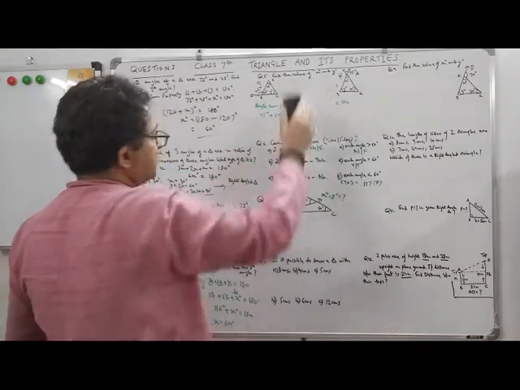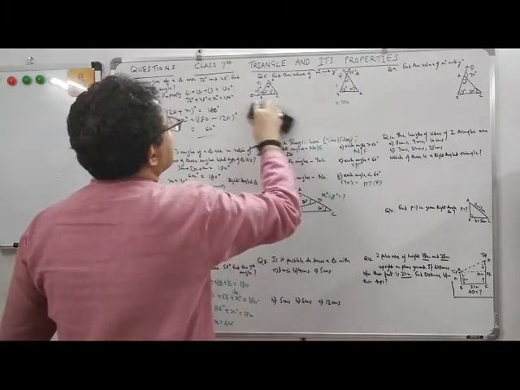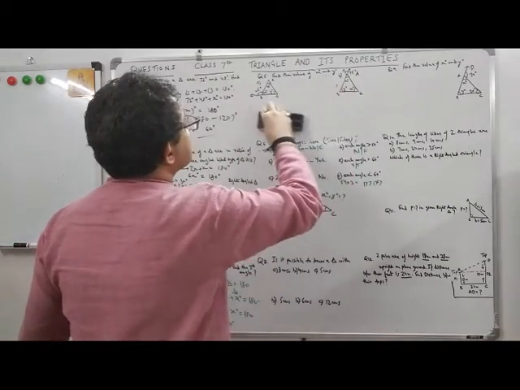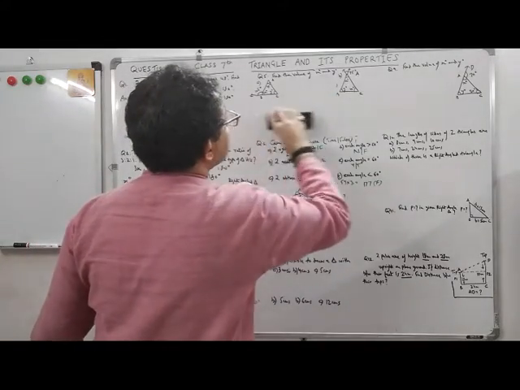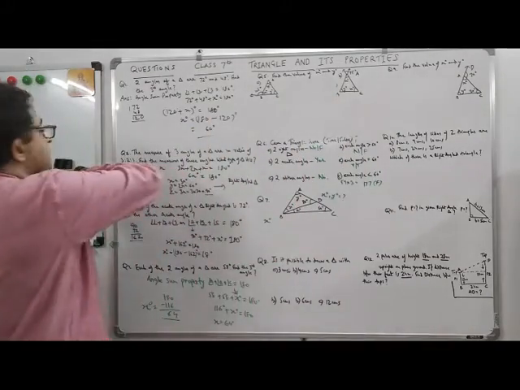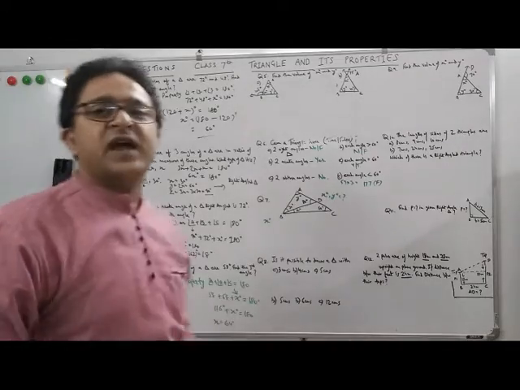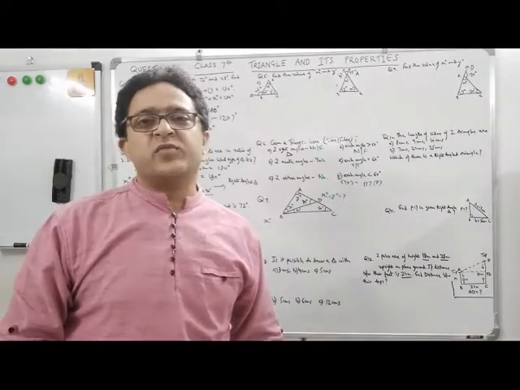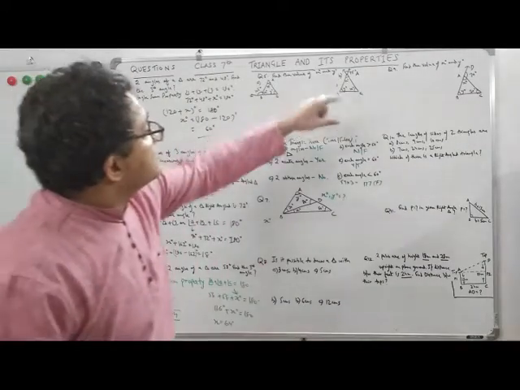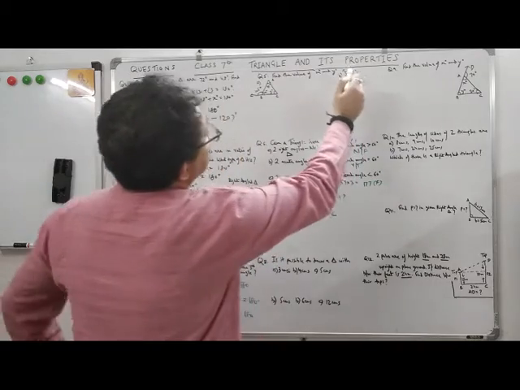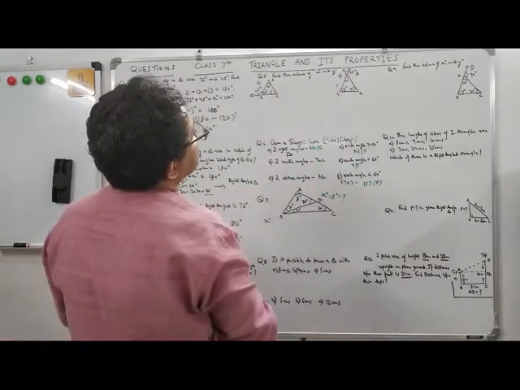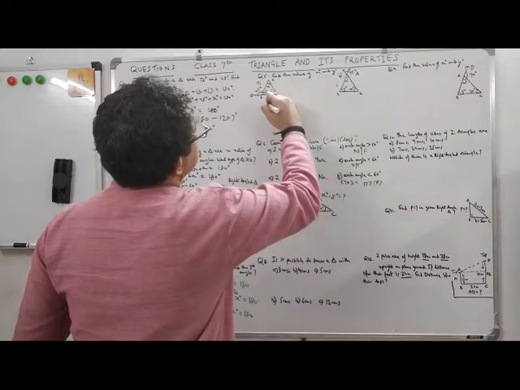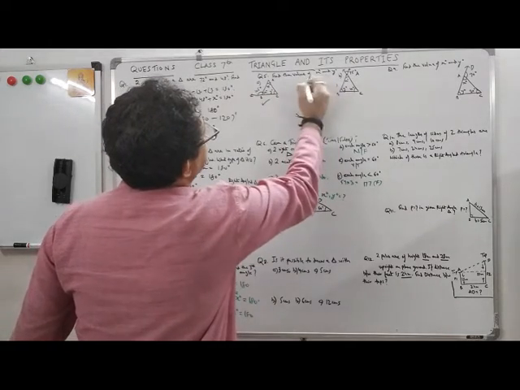And I'll again come to this question. Basically, what I want to tell you is that these questions will usually use two properties, angle sum property and exterior angle property. So let's see, this part was missing. This is 75 degrees, this is X degree, Y degree, 40 degrees, A, B, C. They want to calculate again X degree and Y degree. So this part is done. Now this part, B part.